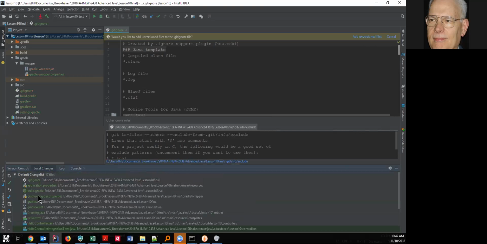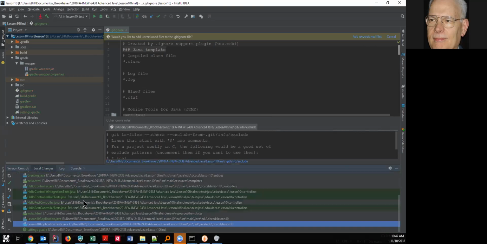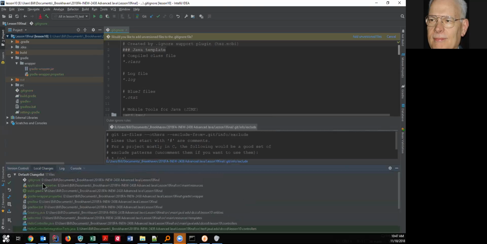So now they're all in this default change list. See, all the files are in the default change list. All right, so the first thing we're going to do is the check mark right here means commit. This is going to commit it to the local Git repository. So I click on that,